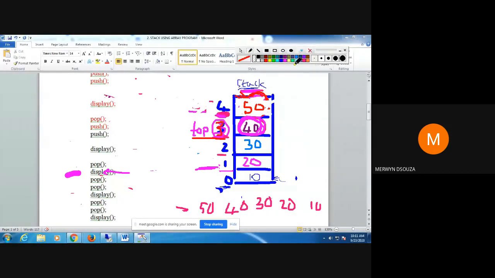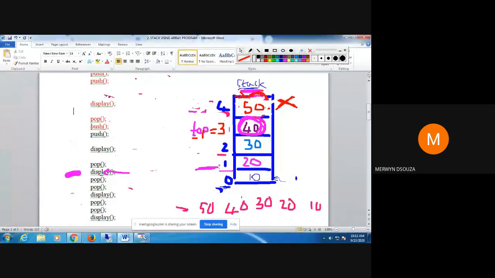I'll just rub this and write again, it's become a bit messy. So here the value of top is 3. This is your value of top. This has got popped. This is not there.